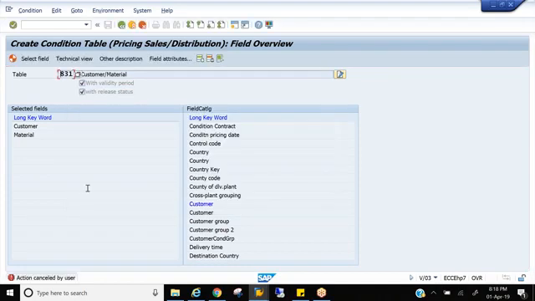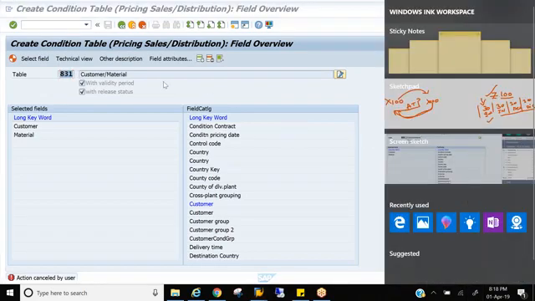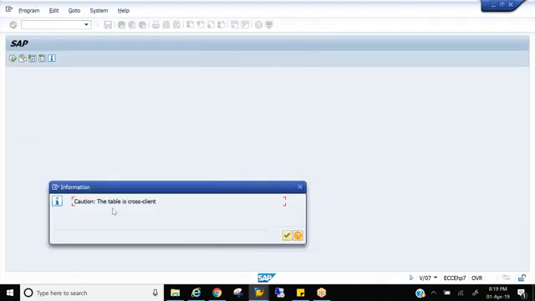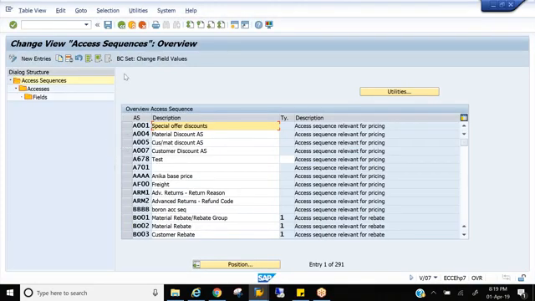Okay, so let's assume that we have created a table, that is 831. We just created a table. Now we need to put the table into the access sequence. So what is the T-code for access sequence? V/07. You see, the access sequence is also cross client. Here we are discussing only the base price today. We are not discussing all of the pricing structure. We are discussing only the base price. First, let's get the price into the sales document and see how the process works.